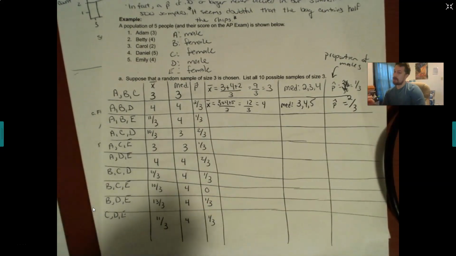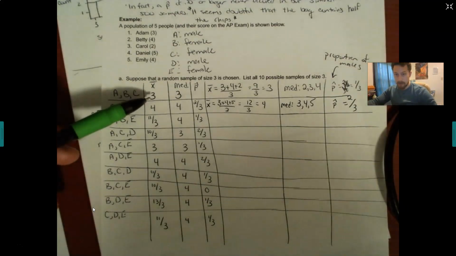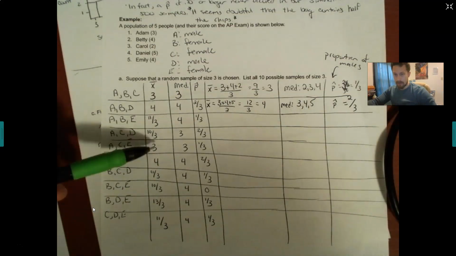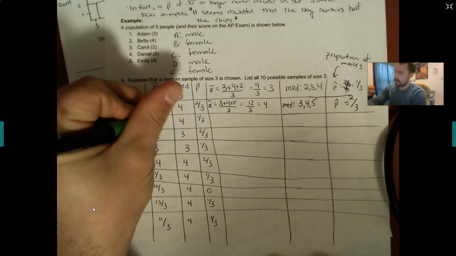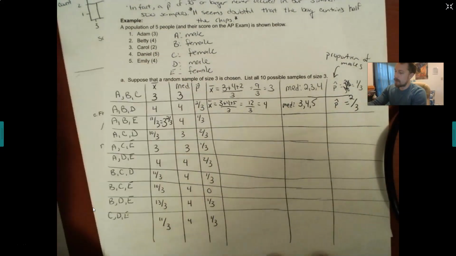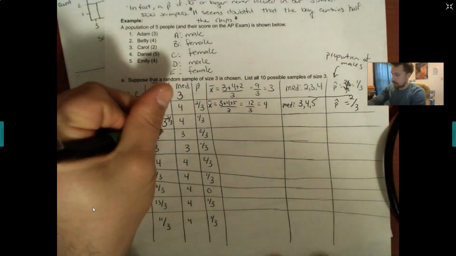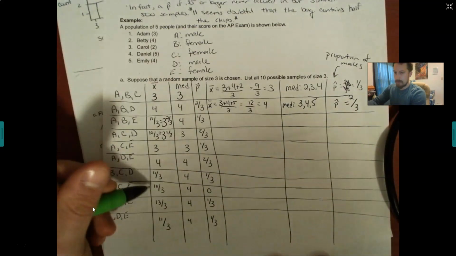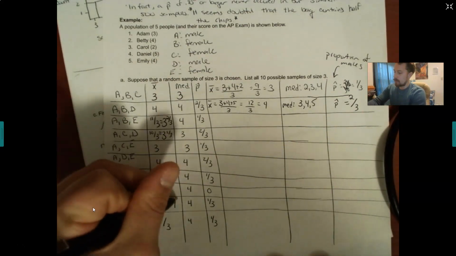Much easier to work with than a sampling distribution of like 1 million, right? This is just 10. So you will see here how X bar, which is the mean, ranges. It goes 3, 4, 11 thirds, 10 thirds, 3, 4. Now remember 11 thirds, just to put this in perspective for your own number sense, it's between 3 and 4. That's 3 and 2 thirds. And 10 thirds is 3 and 1 third. So that pops up numerous times. We have 13 thirds is actually the highest. That's 4 and 1 third.